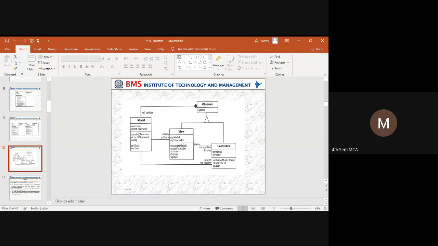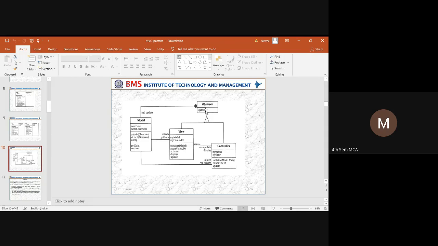So the entire data can be represented in the form of an OMT tool, that is, the object modeling tool. By using the OMT tool, here we have an observer and all three components, model, view and controller, and this observer is taken as an interface which is connected to all three classes.